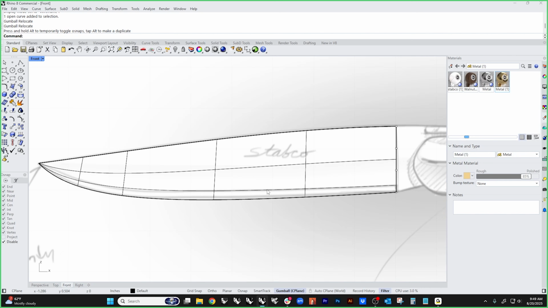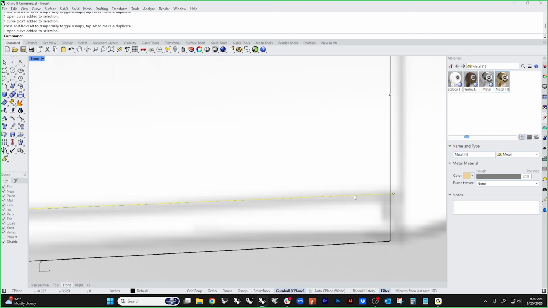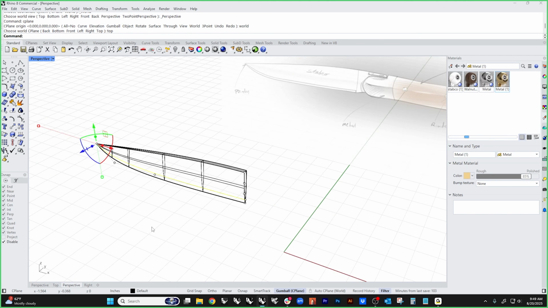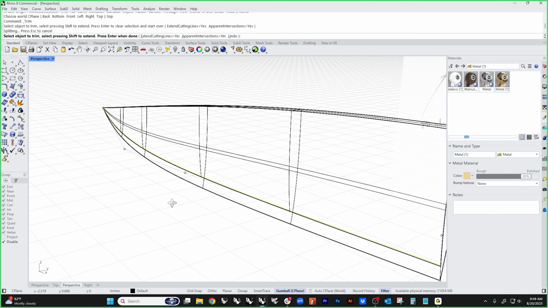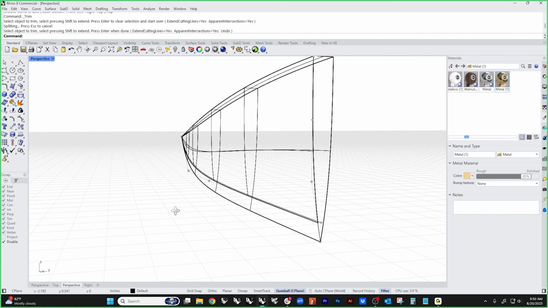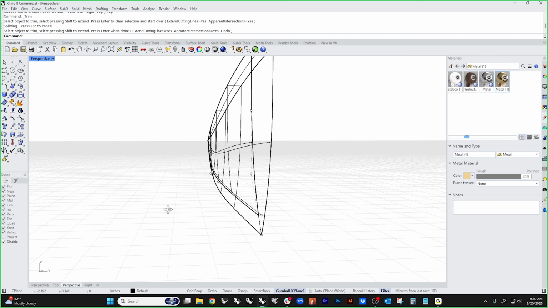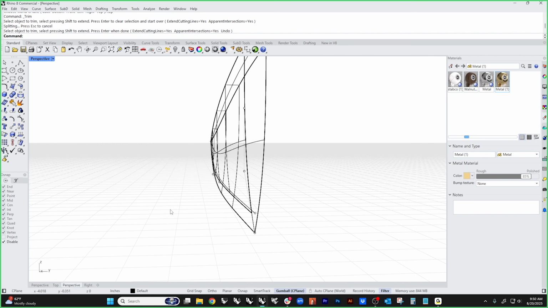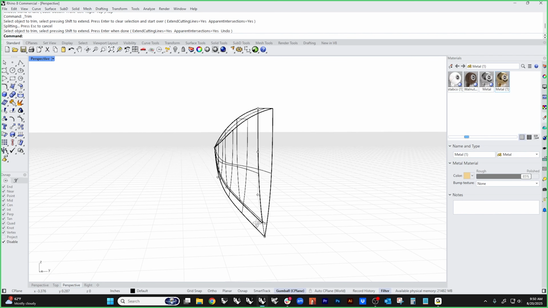So then what I'm going to do is I'm going to use that. Let's make sure it goes all the way to the end. Like that. I'm going to use this, and I'm going to trim this edge off. And I'm only going to trim one edge off at this point because I want, let's see, I need to get that change, that shape change in there. So let's